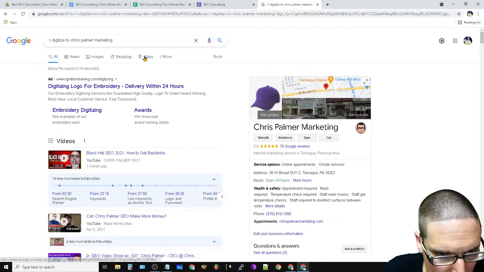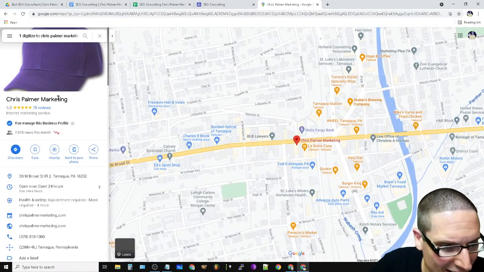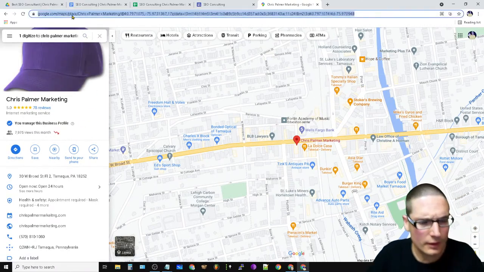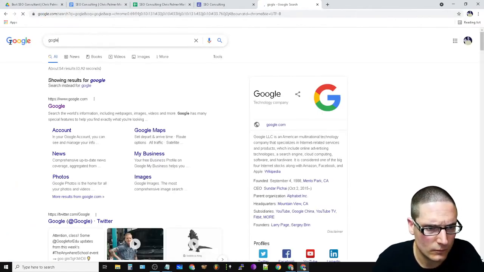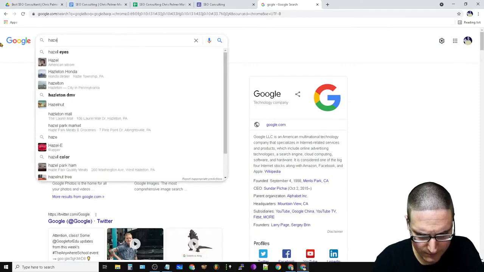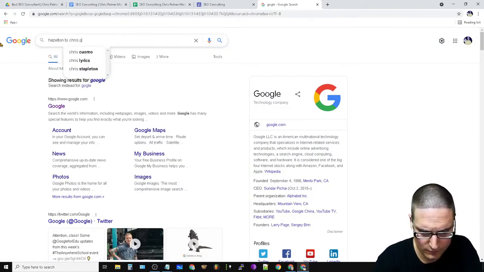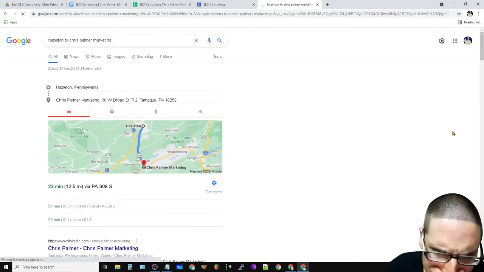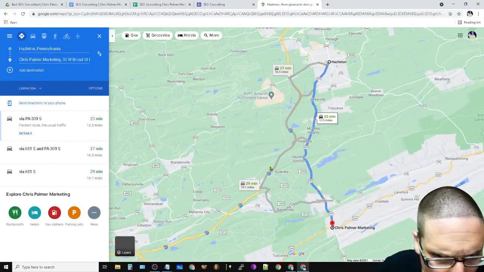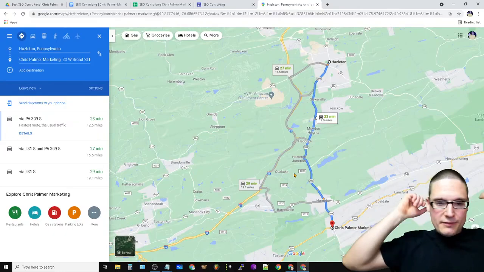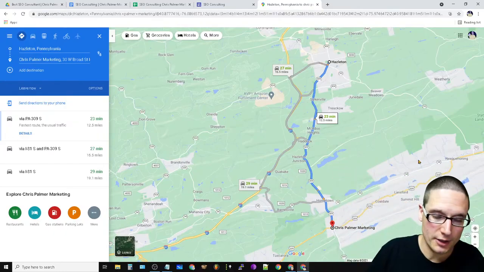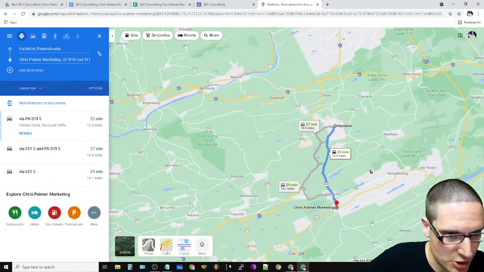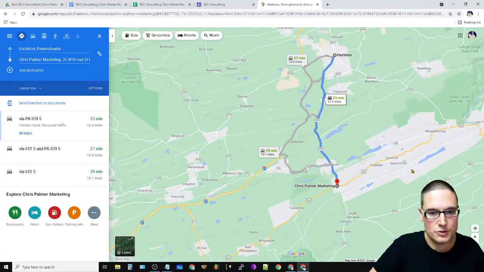So that's that. This isn't what I need either. I'm looking for a directional map if you're wondering. There's a really big SEO agency actually here in PA that's pretty close to me. I know the guys. They're pretty big. I'm not gonna mention them, but they're really close to me.